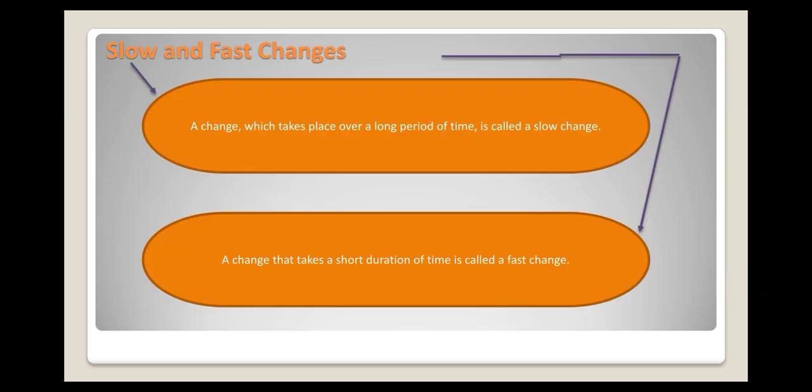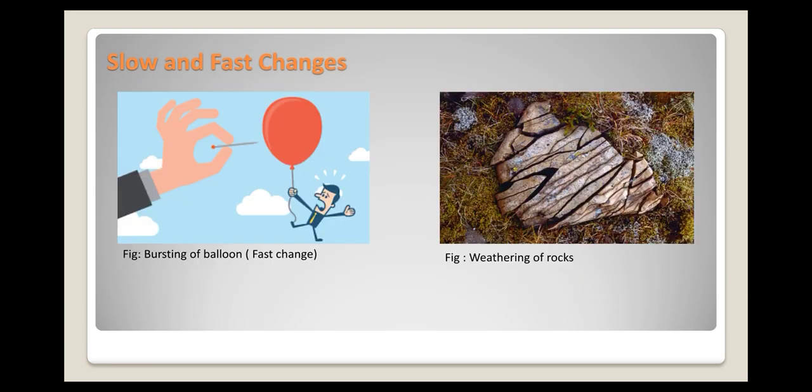Now, a slow change is a change which takes place over a long period of time. And a fast change is a change that takes a short duration of time. Now let us consider the following 2 examples: first is bursting of a balloon and second is weathering of rocks. We know when we prick a balloon with a needle, it takes less than a second to